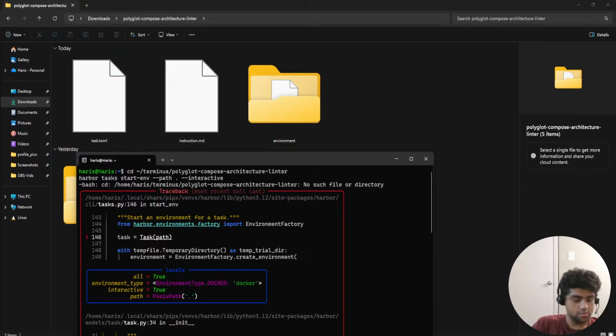How do I navigate to that folder path? Nothing is broken. I'll explain what's wrong and I'll give you